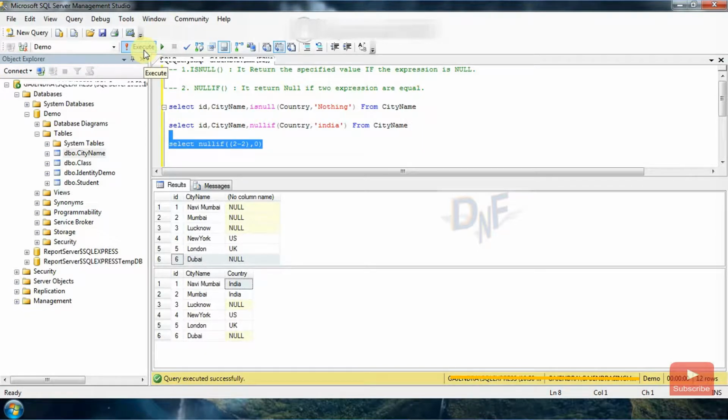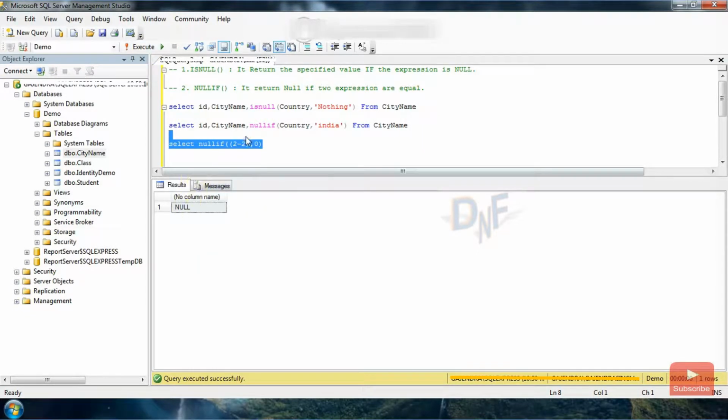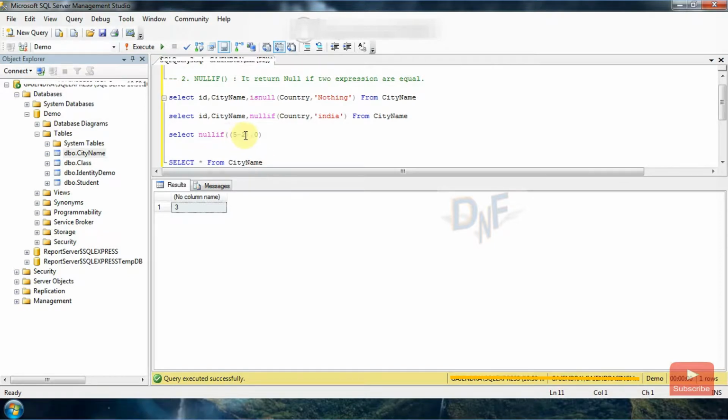I'm executing. You can see null. If 2 minus 2 is different from 0, then it returns the result. See, 5 minus 2 value is 3. So in that case it does not return the null value because it is not equal to 0.